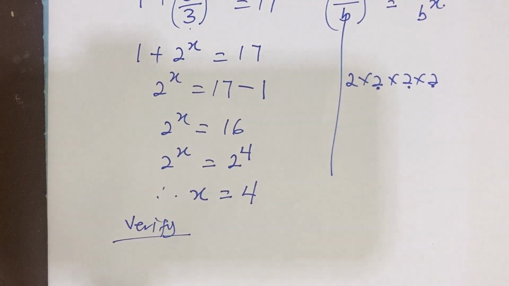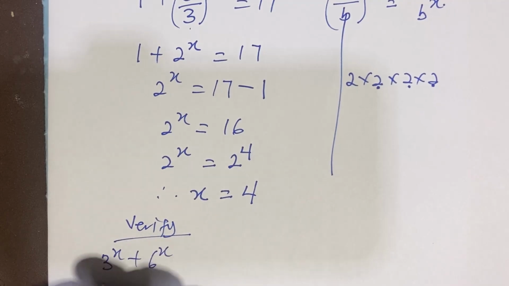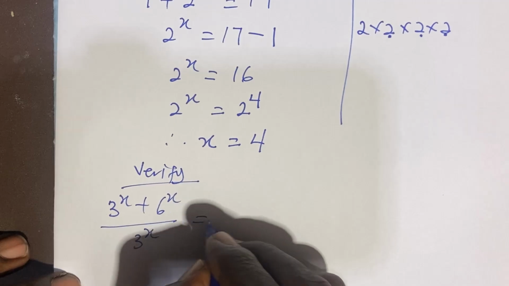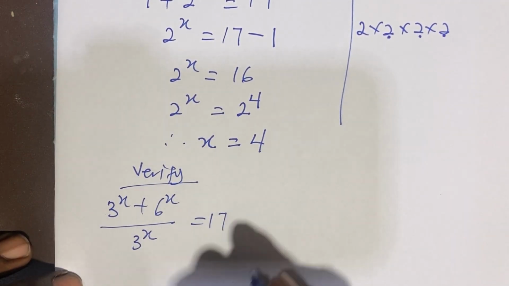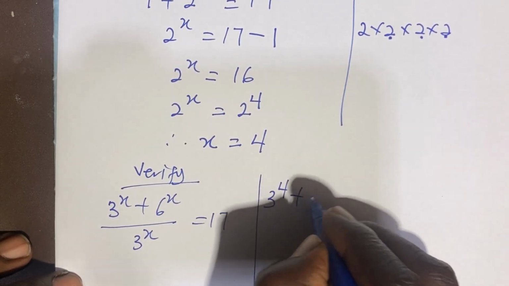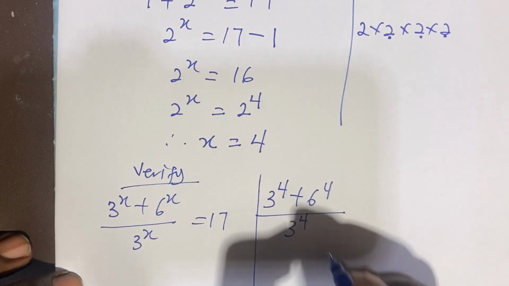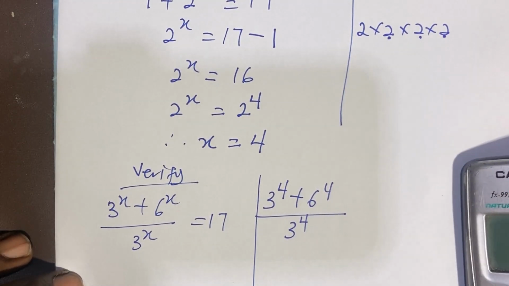So we are verifying. We were given (3^x + 6^x) / 3^x is equal to 17. Let's put in our 4 here and see if that is correct. So I have (3^4 + 6^4) / 3^4. From this, 3^4 is 81. So with our calculator,